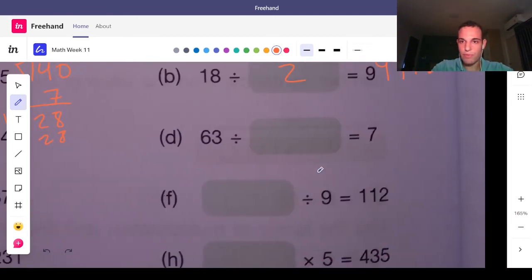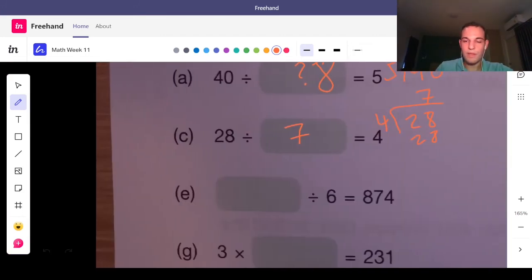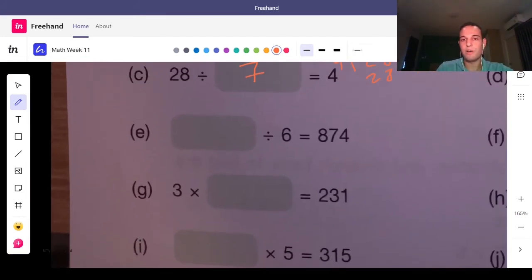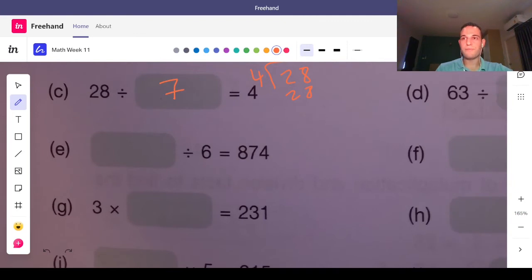Next we have 63 divided by what equals 7? Well, let's do 63 divided by 7. 7 goes into 63 9 times, so the answer is 9. Now, how about this one? This one's a little bit harder, right? Now, for letter E, we have to find the big number here. It must be a very big number because we have to do